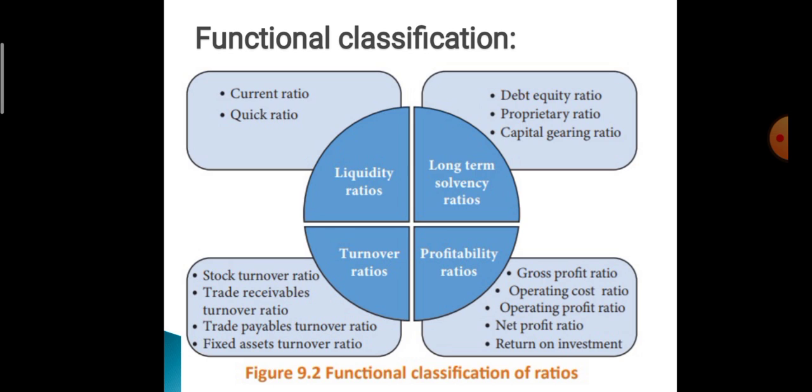Quick assets is equal to current assets minus stock plus prepaid expenses. Quick liabilities is equal to current liabilities minus bank overdraft. So this is the formula for the calculation of quick assets and quick liabilities. Bank overdraft is not treated as a quick liability as it is usually a permanent arrangement of a business with the bank. However, even bank overdraft in its pure form is a quick liability. As such, quick ratio is popularly calculated as quick assets divided by current liabilities.